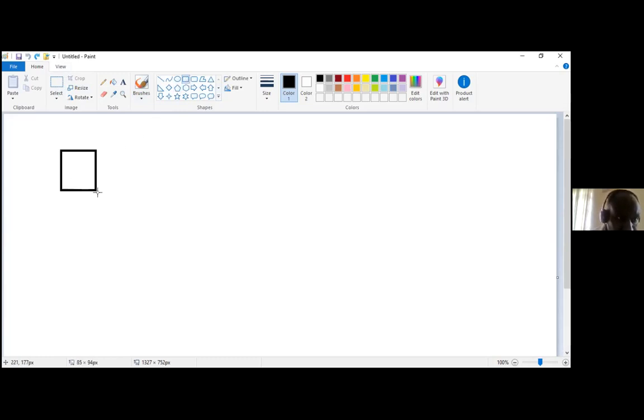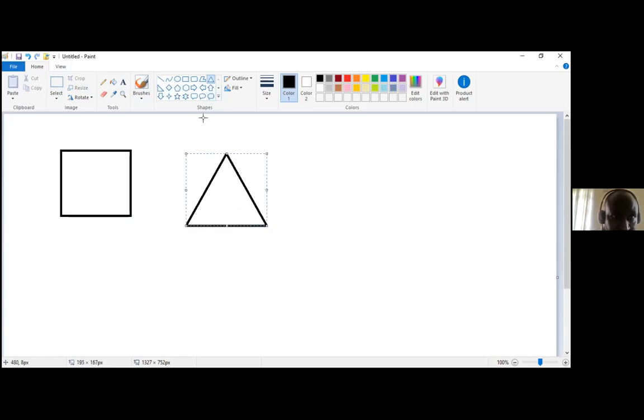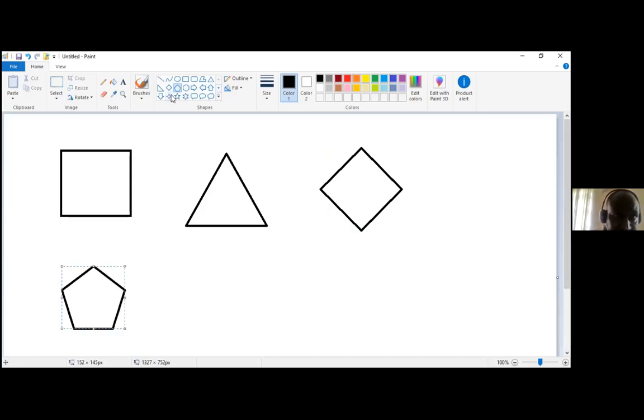I can have these shapes. Look at that. Those are kind of shapes. You can see there are many. You can draw very many. So these are what we are talking about,